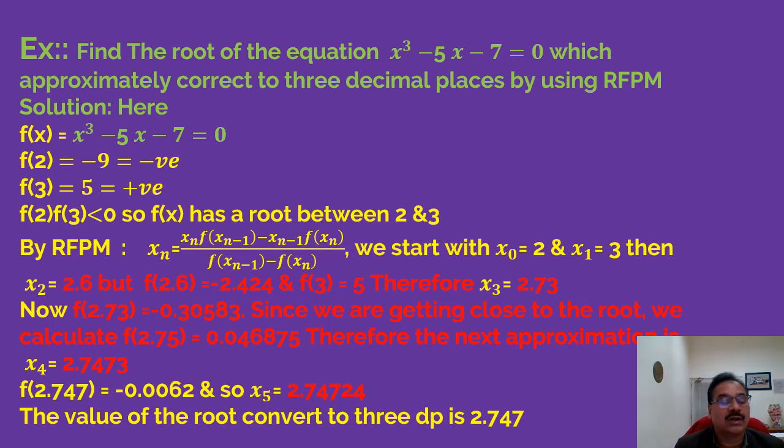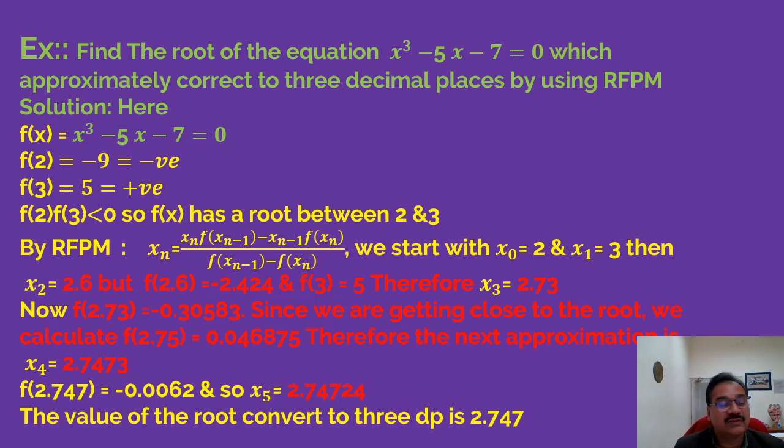So for nth order, you can write the regular false position method general formula. You have to remember this, which I have already presented in the form of af(b) minus bf(a). But here you can generalize that result: xn is equal to [xn-1 f(xn) ... ] precisely, xn is equal to (xn f(xn minus 1) minus xn minus 1 f(xn)) divided by (f(xn minus 1) minus f(xn)), and we may start with x0 equal to 2. This again depends upon your expertise. If you look closely, f2 is negative, f3 is positive, so here you have chosen x0 equal to 2 and x1 equal to 3.